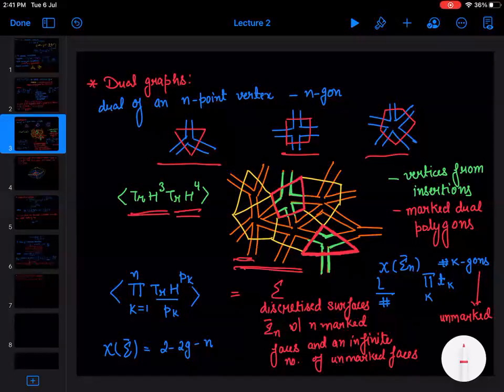So when we have some finite number of insertions, the correlator is given by a sum over an infinite number of surfaces of genus G. But now what we have is the discretization of a surface, but some of the polygons on that surface are marked. And then what we said is we can interpret these marked polygons as holes in the surface so that we have a nice genus expansion. And we can say that the correlator is just given by a sum over surfaces of genus G and n holes. So then the Euler characteristic is given by 2 minus 2G minus n. Then we can write a similar sort of